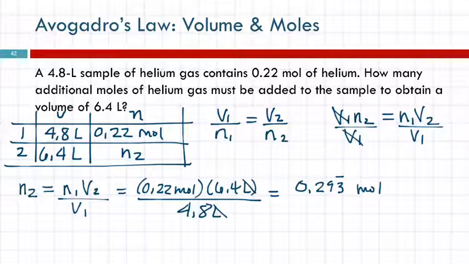How many additional moles need to be added? Okay, it's not asking for the final number of moles. It's asking how much you have to add to get the balloon that large. So what we calculated was the final number of moles. We know the initial number of moles. To find the number that need to be added, we subtract. So we're going to subtract our initial number of moles, and that's going to give us